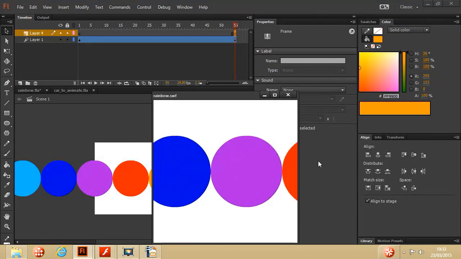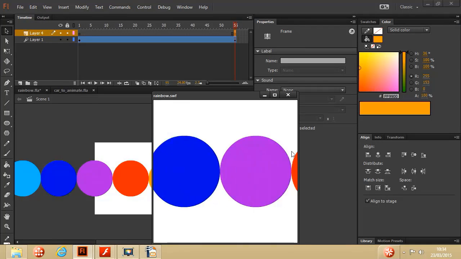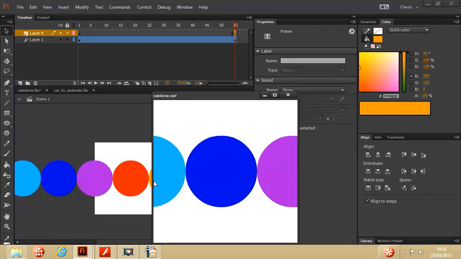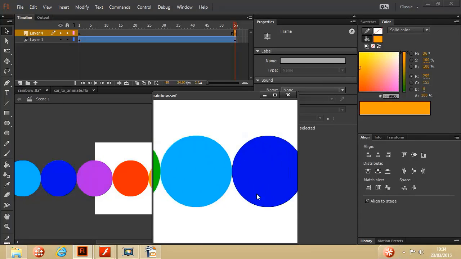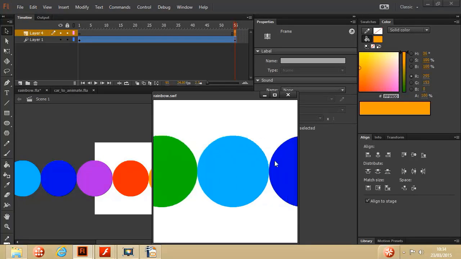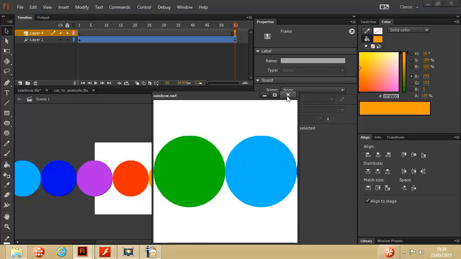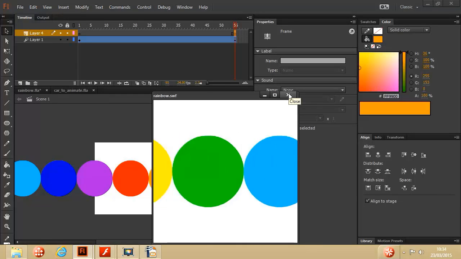And what that means is it's only going to spend one frame on the initial image, which is the same as the last image. So I've now got myself a continuous loop,